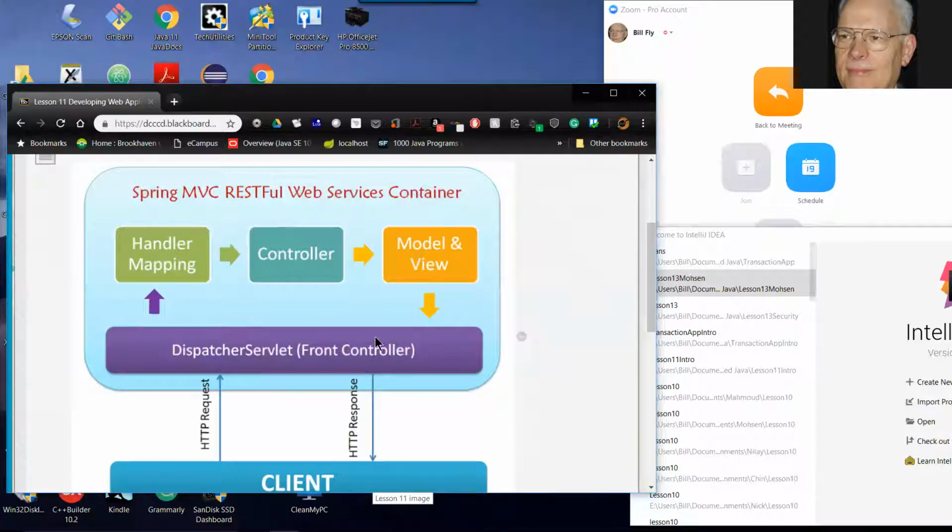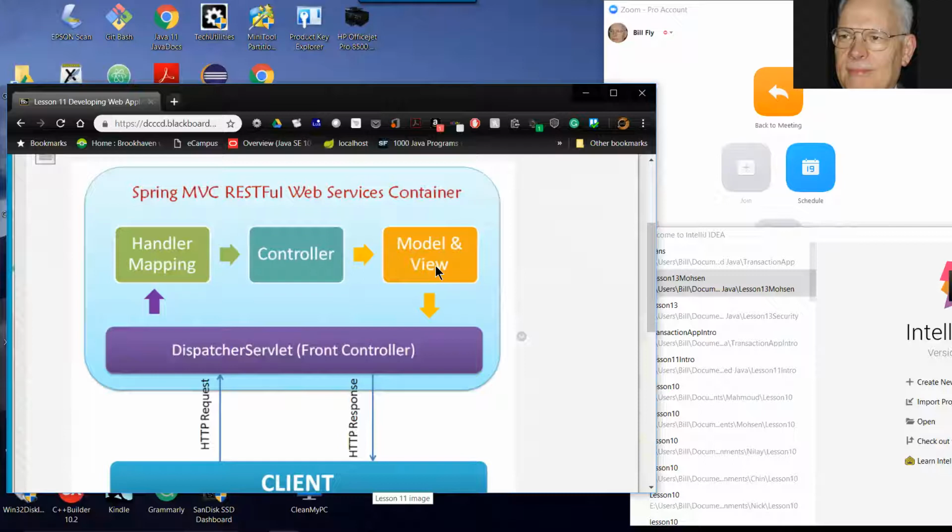But it's a single servlet which sits out front, and everything goes through one servlet, and then it passes the request to the handler mapping, which determines whether it's a get or a put, and which controller needs to get called. And then the controller is called, and it processes the request, and it puts values into the model,